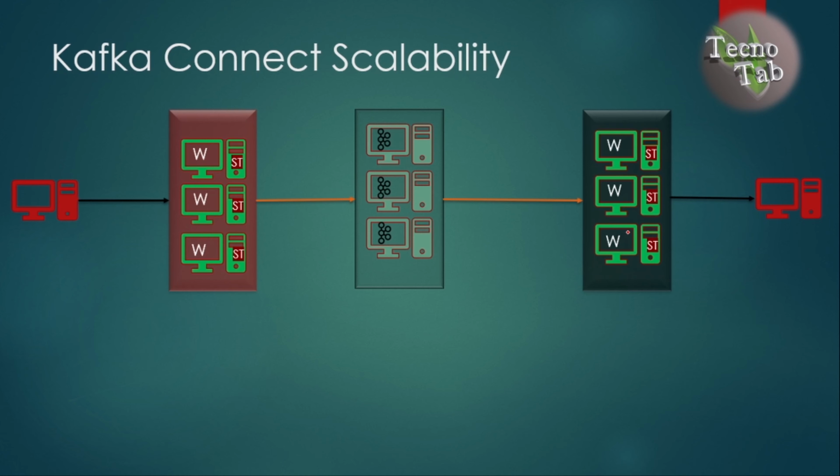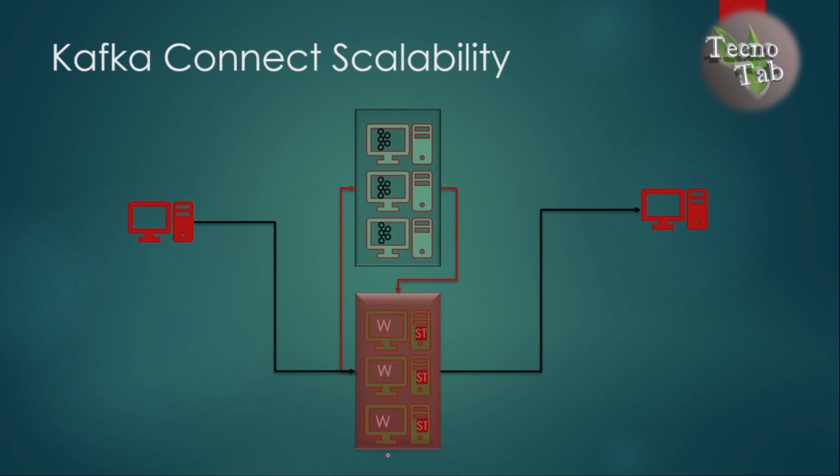So there is nothing to worry about scalability because it is very well supported with the Kafka Connect framework. The next question comes in: do we need to create two clusters, one for source and one for sink? We should not do that. You can launch Kafka Connect where your Kafka cluster is already established. You can run your source connector and sink connector on the same cluster. If your cluster is full, you can add more workers to scale it up, and you can do all of this dynamically without stopping the cluster.